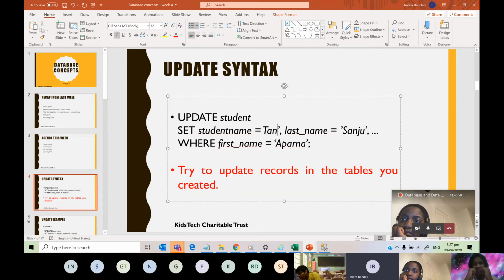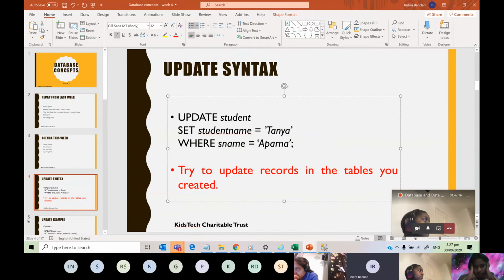Tanya. So if I do this, where, what should be here? What is the condition?